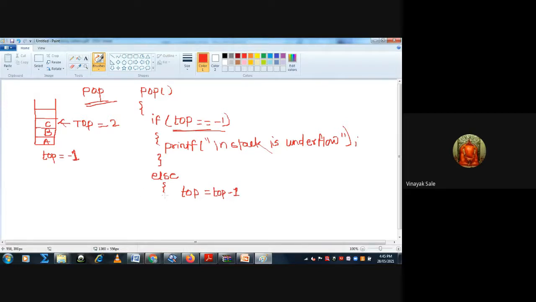So here element is equal to stack of top, where stack is the array of this stack.